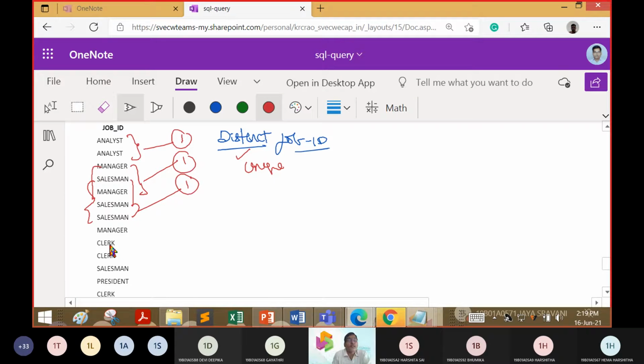Then we have clerk, clerk, clerk, so we have only one occurrence. Here salesman is also there, so that is also taking up one point. And then we will have only the president here. And manager is also a duplicate here.